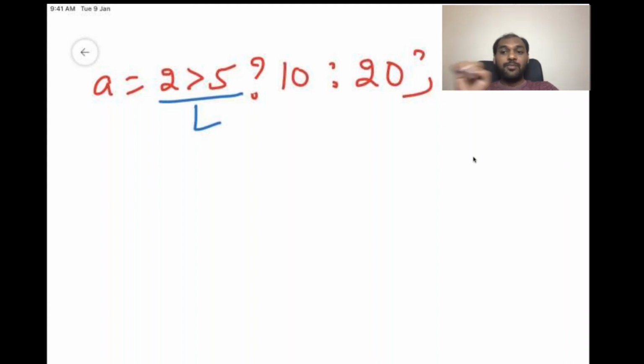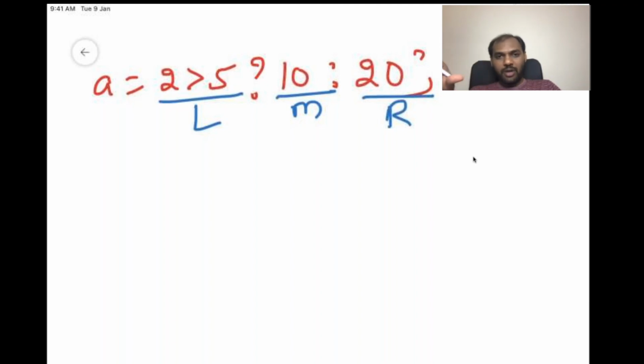After the question mark and before the colon, consider it as the middle. It is a small one, that's why it's easy, but I will give very big expressions also. After the colon, before the semicolon, consider it as the right side. That's it.